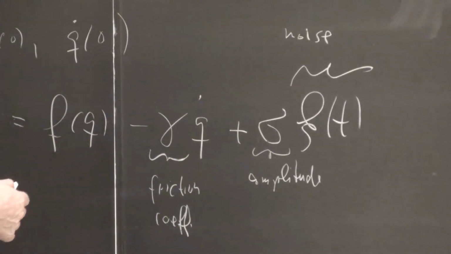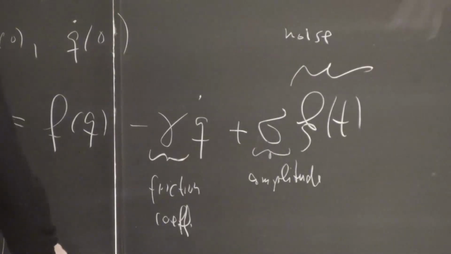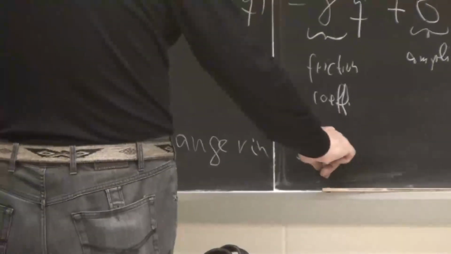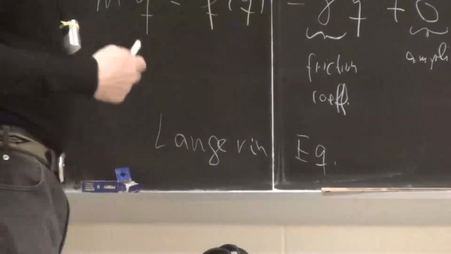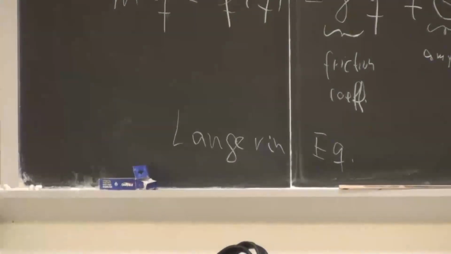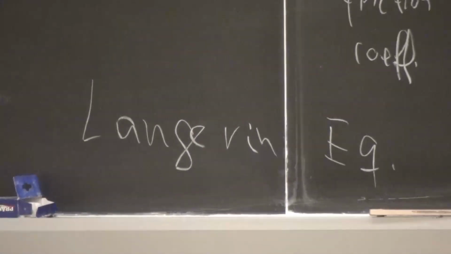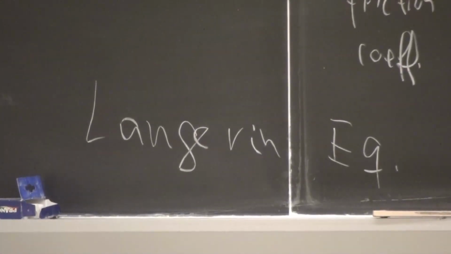And this is the equation. And this equation is called the Langevin equation. And this is all you need to know to describe now a particle that is subject to the influences of the environment. So you can go a little bit more fancy,